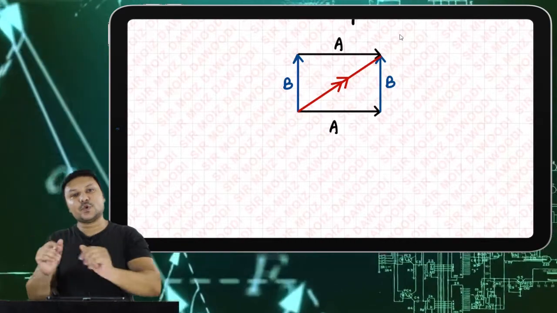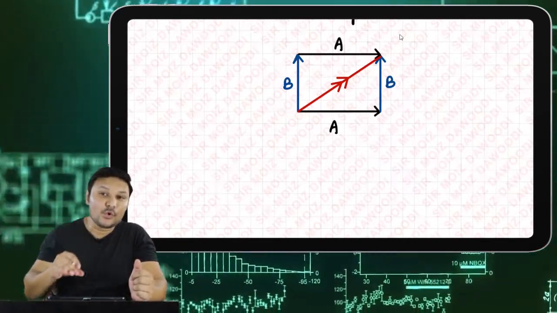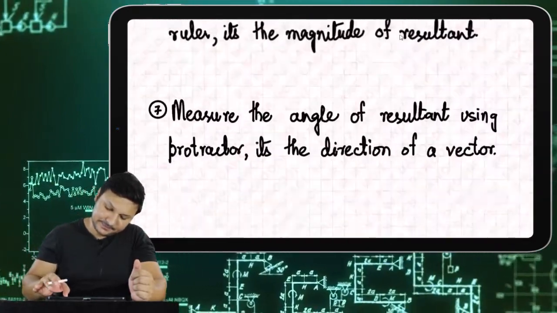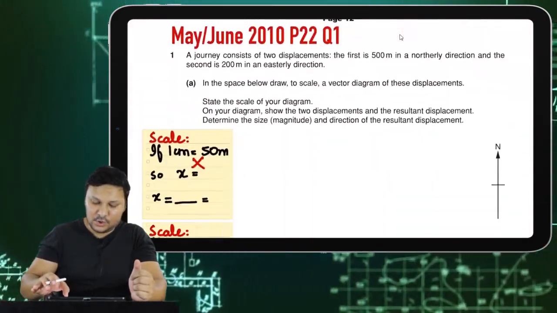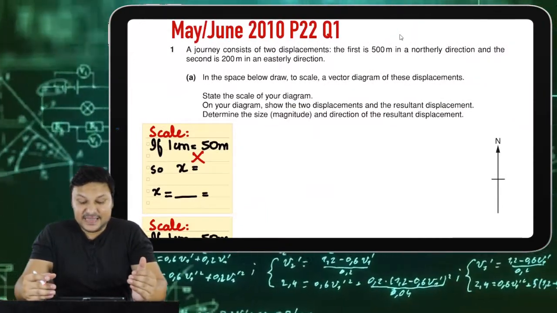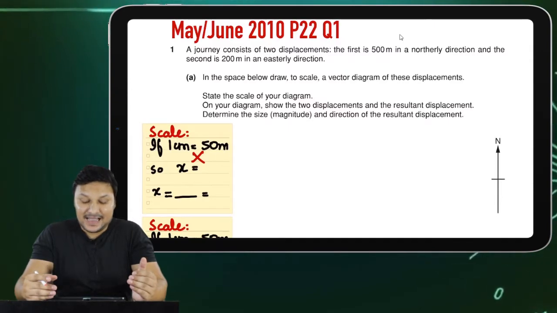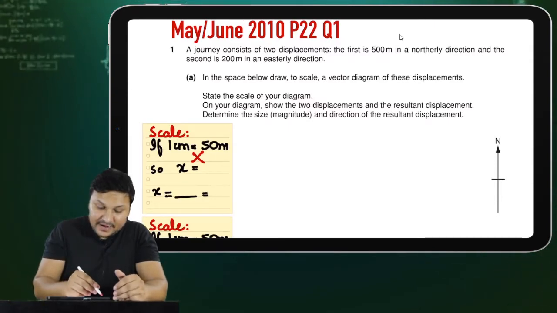Now let's jump toward a past paper through which we can make this concept more concrete. I have planned a past paper that is May-June 2010, paper 2-2, question number 1. And in this question, what we are having